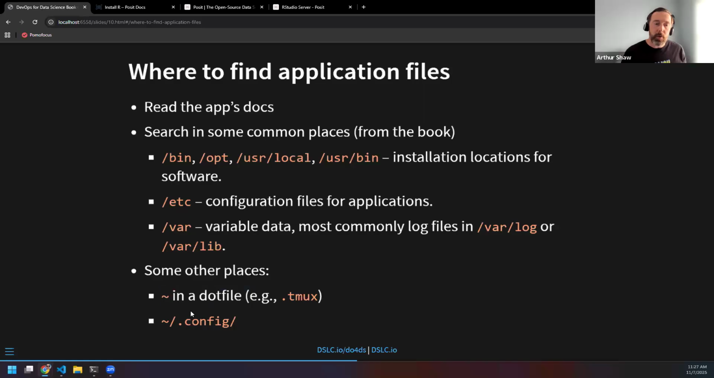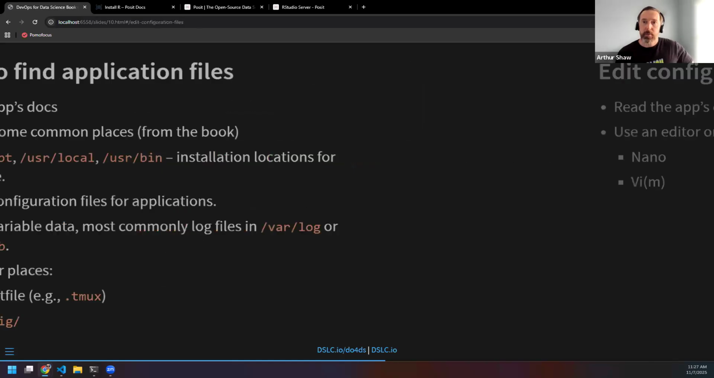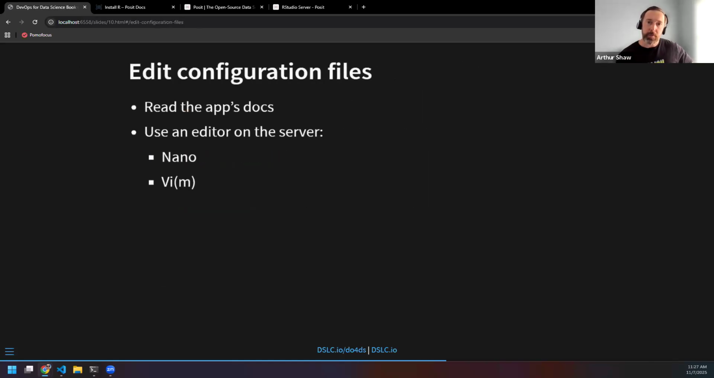You could find it in your home directory, like the tmux example, or I've increasingly seen it as a subfolder, like .config in your home directory, which is another place that applications are starting to expect to find things, or at least one of the possible locations. Right. Once you've got your application file,